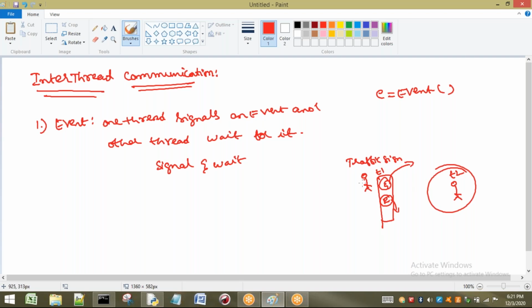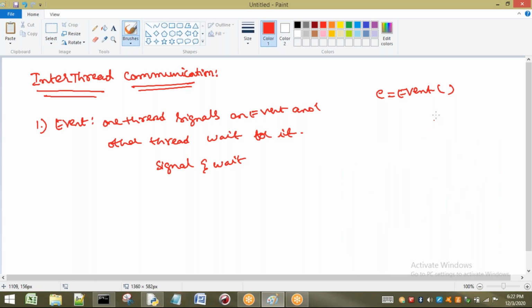Here one thing we have to observe: one thread gives the signal and the other is going to wait. Why is it waiting? It needs some update. Red is there, so it is waiting for green. That means some update it is going to require here. When it is green, automatically it will move on and go past that particular signal. Now let us see how to implement inter-thread communication by using this event.